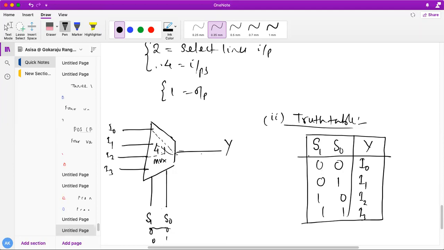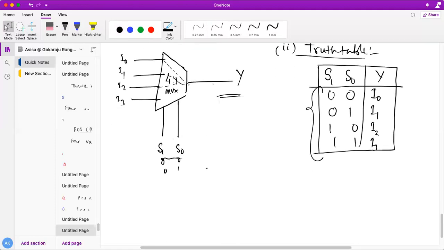So depending upon the select line, one of the inputs will go to my output Y. All of you understand? Are you all visualizing what is the practical application? I have just told about data communication, telephone lines. We have many lines. Out of these, one of the lines will be chosen by the multiplexer for the users. Any doubt on this till now? If there is no doubt, we'll proceed further.